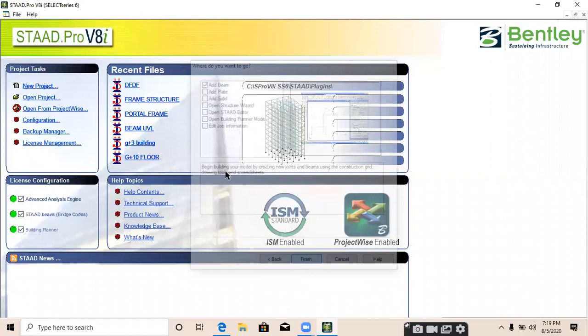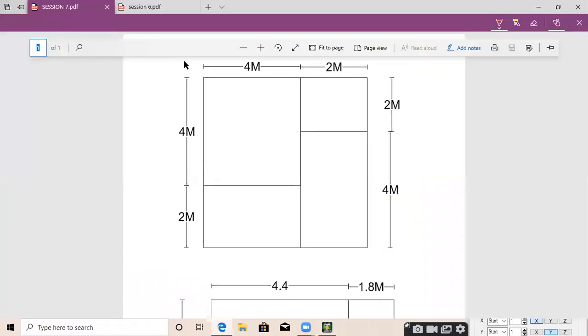Look at this. Plan is always in top view. We see the plan from top view and the direction will always be xz. This particular direction is x direction, this direction is z direction, and what is the plane? Xz plane. In xz plane we will always make the plan, and it is from top view. Just remember it. We see the plan from top view, it is always in xz plane. This particular direction is x direction and this one is z direction.